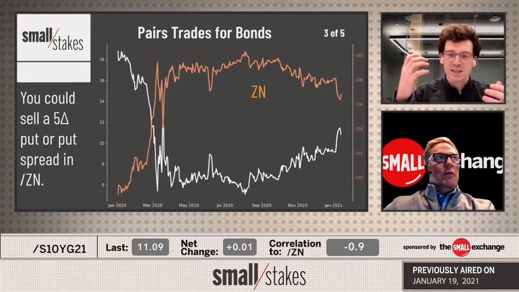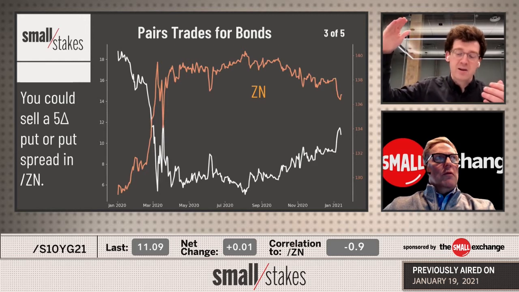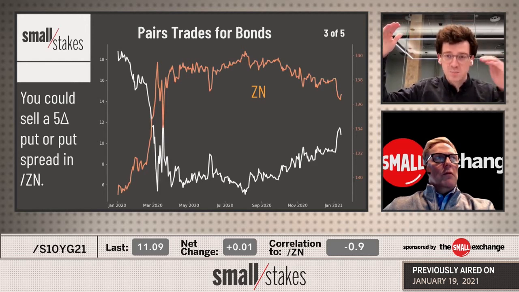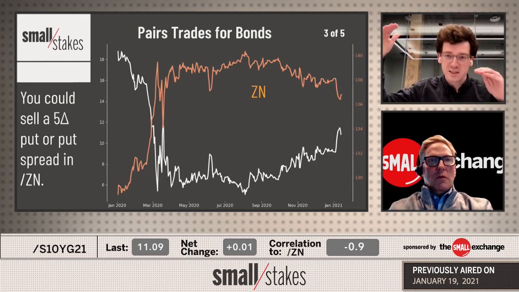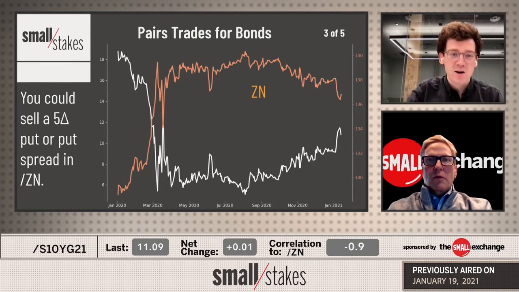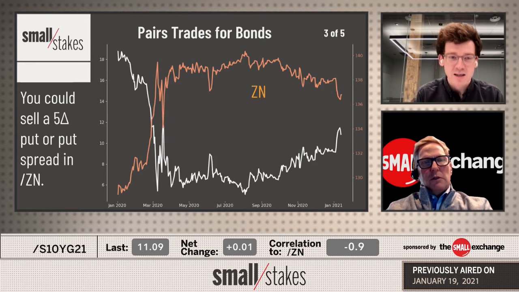You see that S10Y and yields move higher, and thus simultaneously the price of the 10-year note via ZN will move lower, and you don't want to gain too many deltas in your long ZN position, which is supposed to be a hedge. So if you're looking at ZN in your platform, I would look at half a point wide put spreads that get you around $50 to $100. That's what I would do. And I think that's the smallest increment with those put spreads.